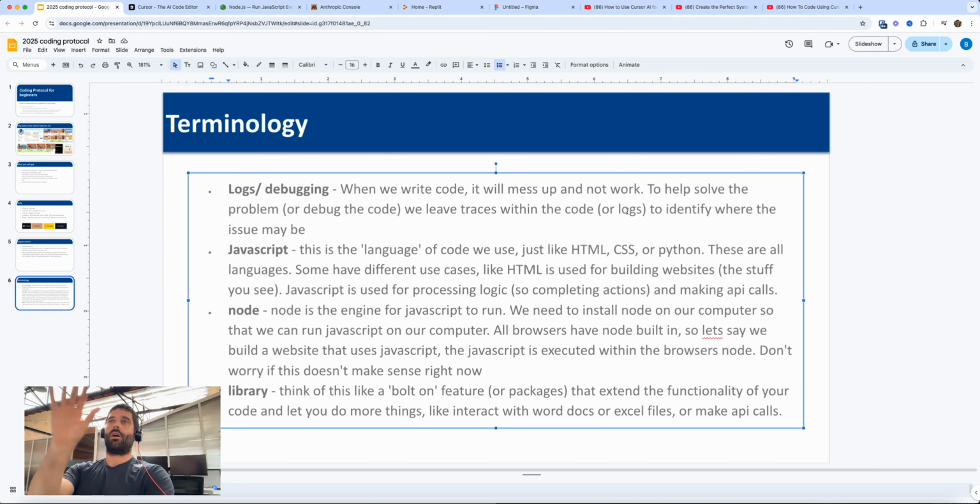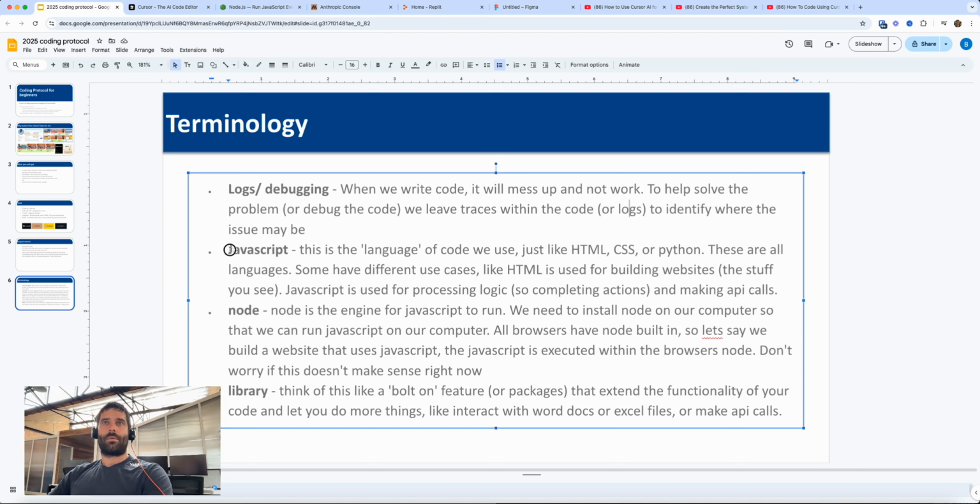You'll typically leave a log in the code that says we're at step 1, we're at step 2, we're at step 3. So when you execute the code and the logs are printed to the screen during execution, if it stops at like step 2, that's where you know that step 3 is faulty. So when you copy the logs and give them to the AI to debug for you or try and repair the code, it knows exactly where the issue is. So that's why you do logs and debugging.